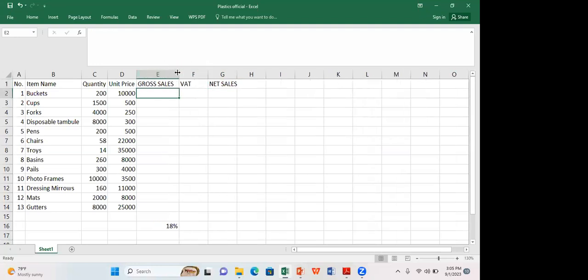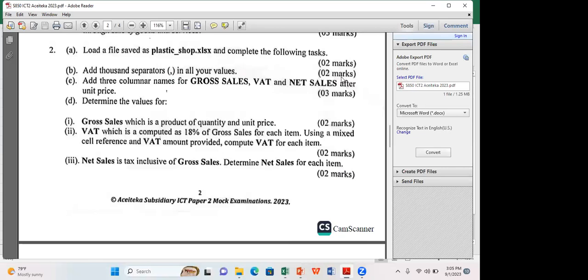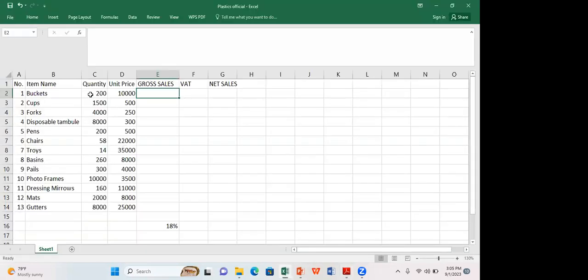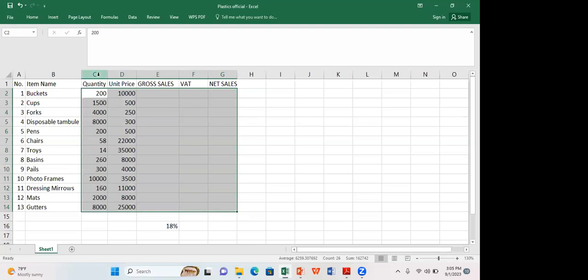Let me expand this a little. So far, I have 2. This one I have not yet put. So far, 2 marks plus the saving, those are 3. Add a 1000 separator in all your values. So I will select, so far the values I have are here, but I may think because also this side I am going to put values. It would be good if I select the entire selection here, the entire part here, then